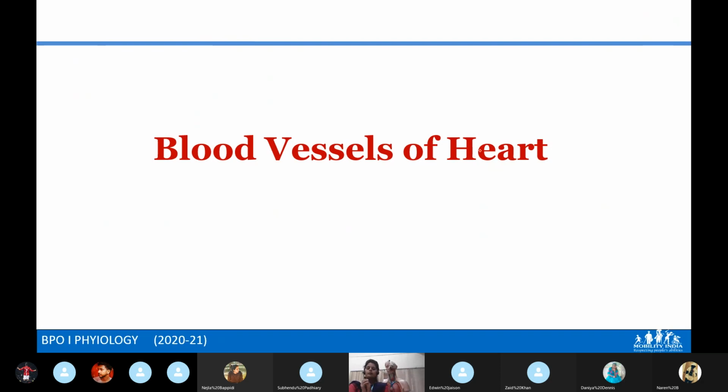So now the blood vessels. Circulatory system consists of three components. First one is the blood, we have already discussed. Heart, we discussed in the previous session, and now we are discussing the blood vessels. Blood vessels in the sense, here not only comes artery, along with that comes vein. So artery plus vein together are called blood vessels.